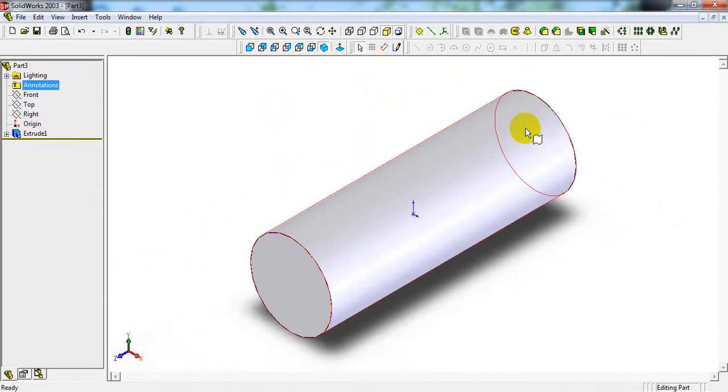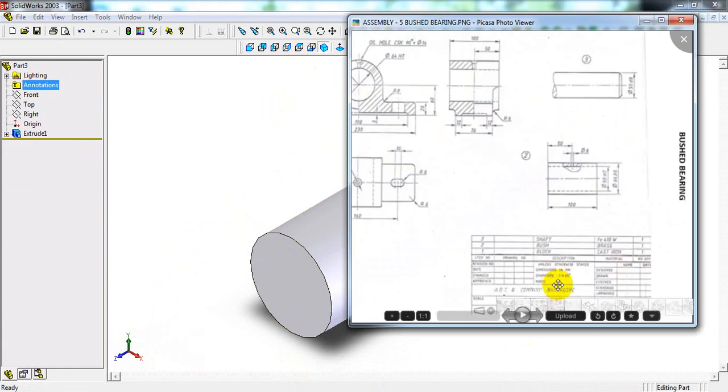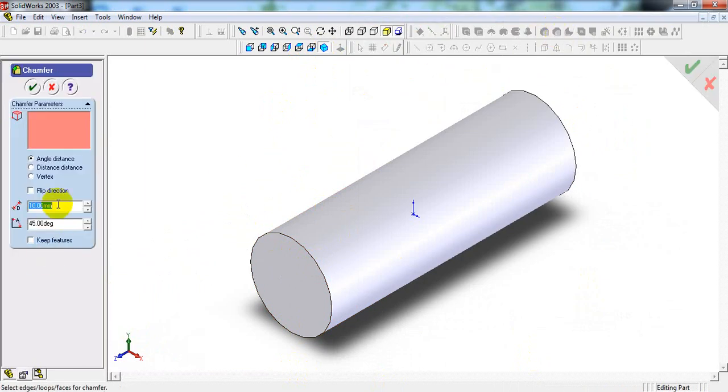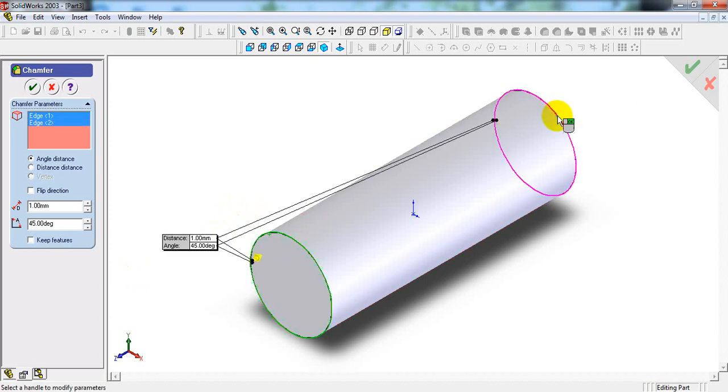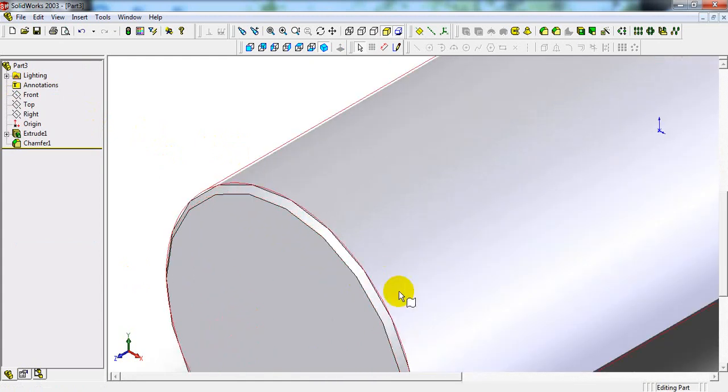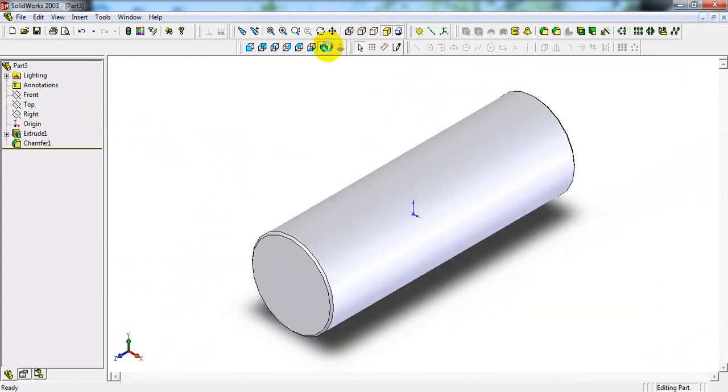At the edge of the shaft we have to do the chamfering. Here it is specified chamfer 1 into 45 degrees. Chamfer, enter 1 mm. Select front edge and back edge. Select OK. So edges have been chamfered.